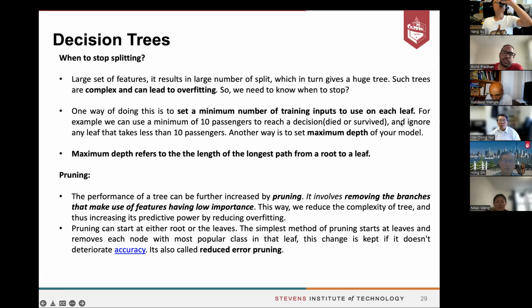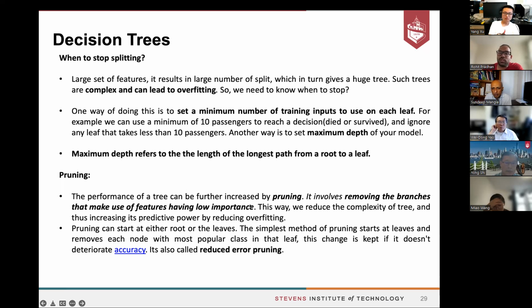The next way is a parameter called the maximum depth of the tree. By maximum depth we mean how many times it can split. If we take 3, it will split three times and won't split more. It refers to the length of the longest path from the root to the leaf. So if we specify 3, the third node will be the leaf node. It won't split after that.